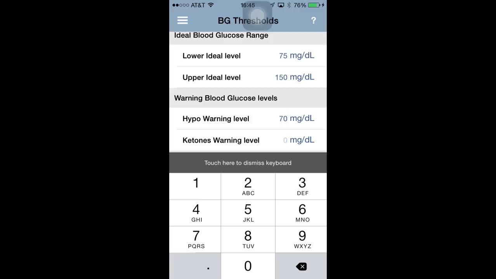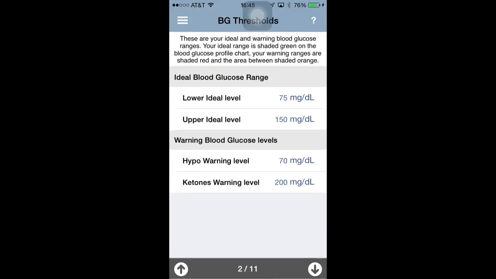Ketone warning level, I put 200. Typically, if you've talked to your doctor, they don't ask you to test your ketones until you are at 250, but I want my management to be tight, so I set mine at 200. That's step 2. Step 3,